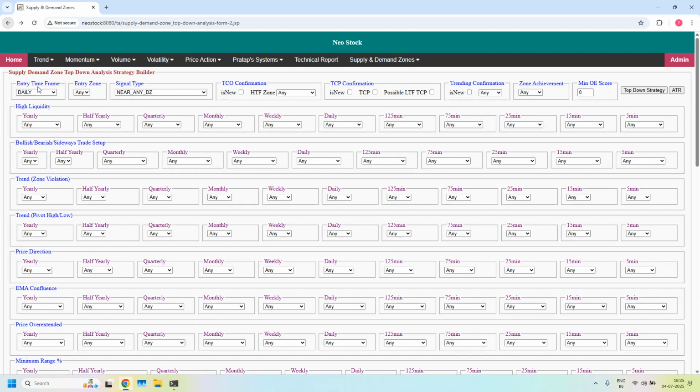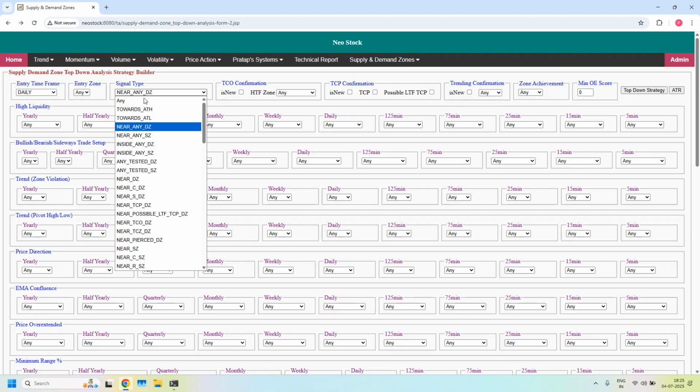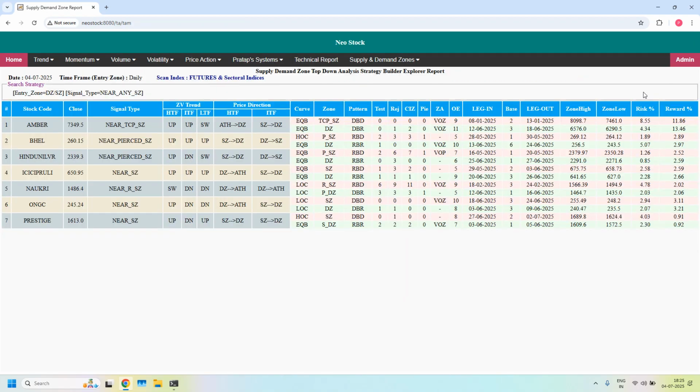Okay, next, daily time frame. Stocks near to the daily supply zone. We got 7 stocks. Let us identify daily high liquidity supply zones from this list. Amber is having a daily high liquidity supply zone. Naukri is having a daily high liquidity supply zone. That's it. We got 2 stocks